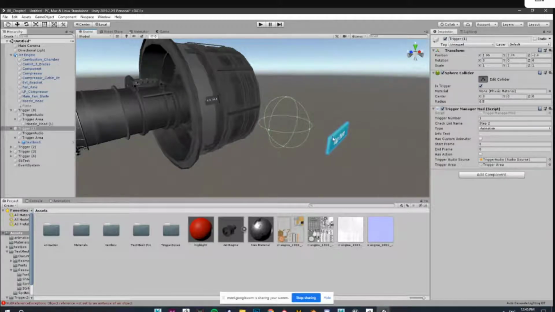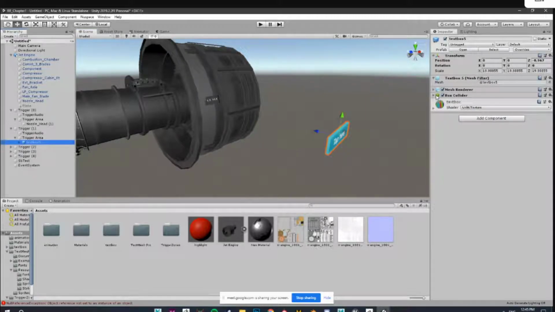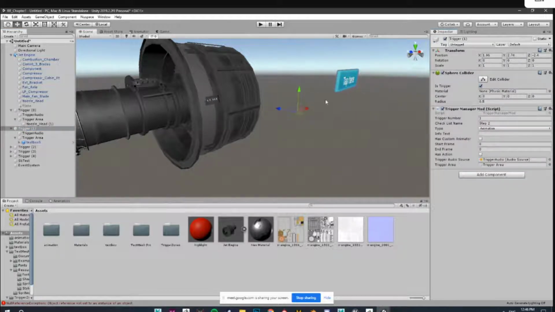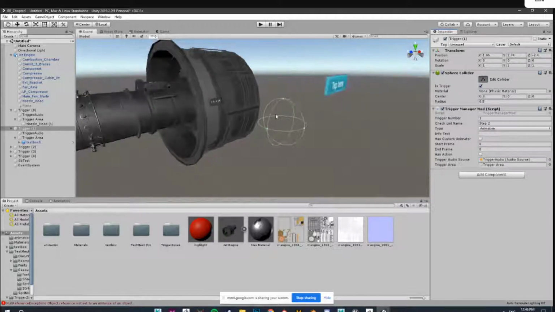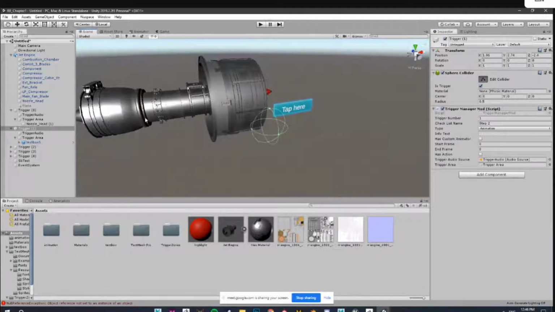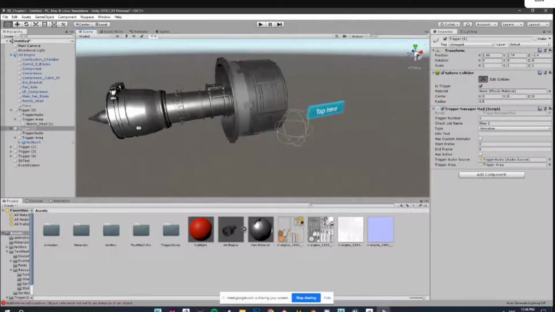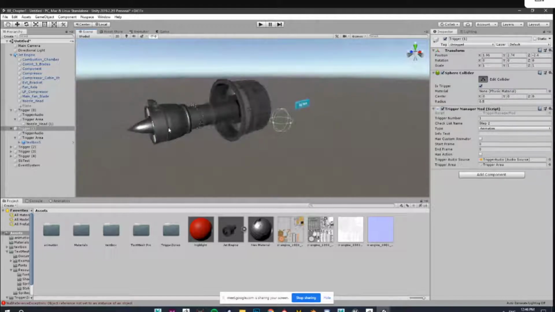I thought the trigger area was basically the tap here button. There are two things. Even in the tap here button, if you add a box collider, then you can place it anywhere, and either you click on this tap here button or you click on this, it will work. So if you have one here and a tap here over here, and we have two people, by mistake one clicks on this. Like how you have done for Astrom, maybe.